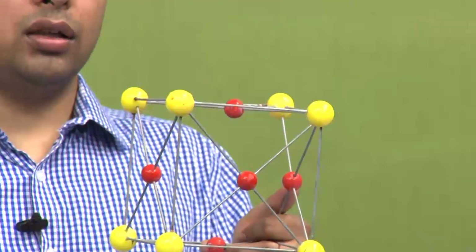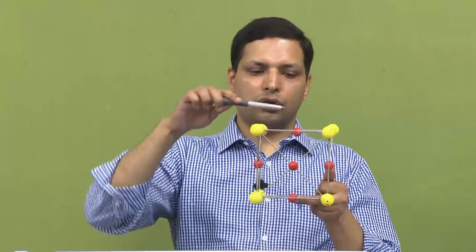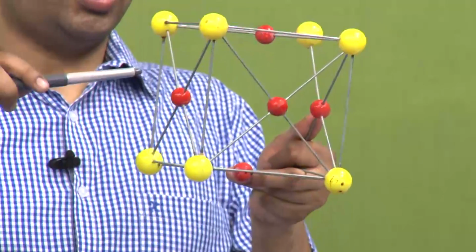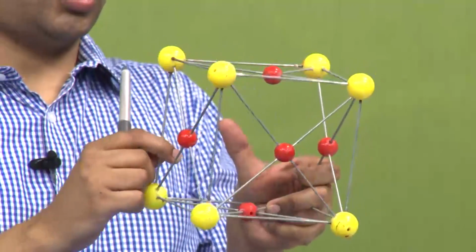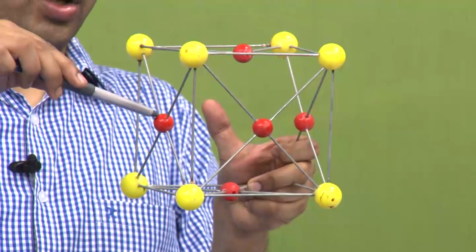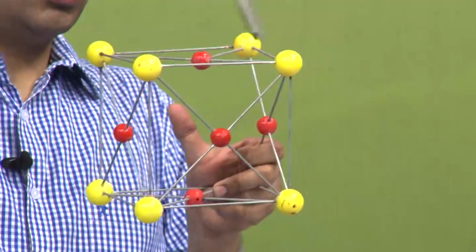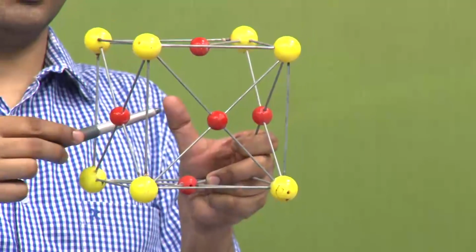Now, let us go to the other void in this, which is that octahedral void. So, to understand octahedral void, let us look at, so here is one missing atom over here. So, let us assume this tip of my finger is another atom. So, now look at 1 atom, 2 atom, 3 atom, 4 atom, 5 atom and 6 atoms. So, all the face centered atoms.